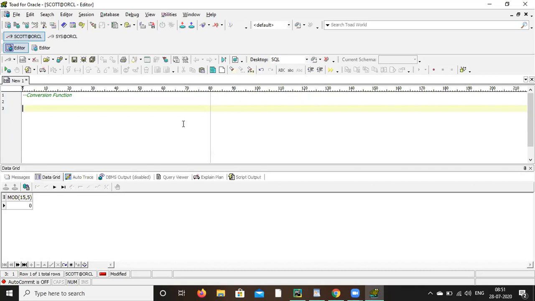So let's select TO_NUMBER. TO, not TWO, TO, underscore NUMBER.